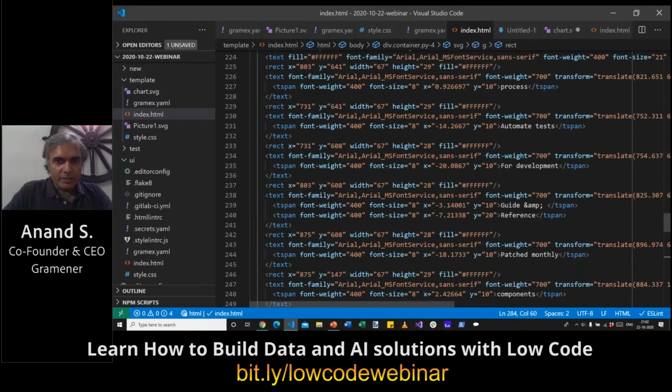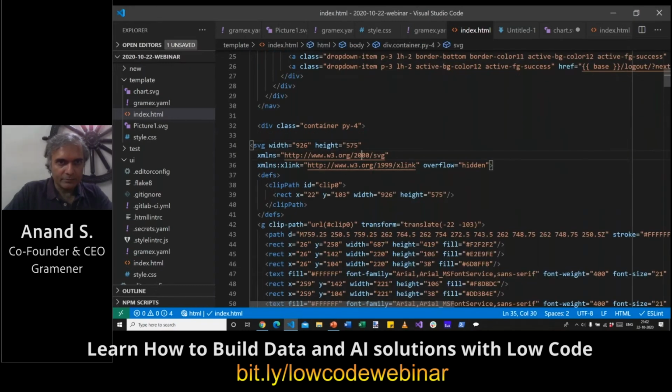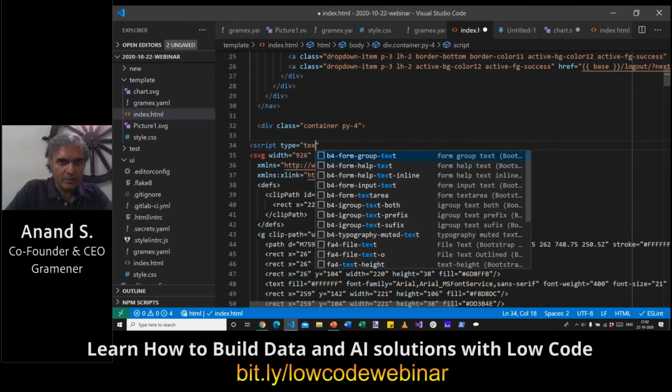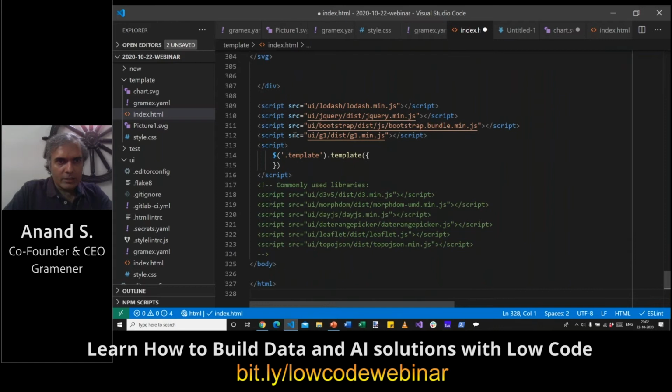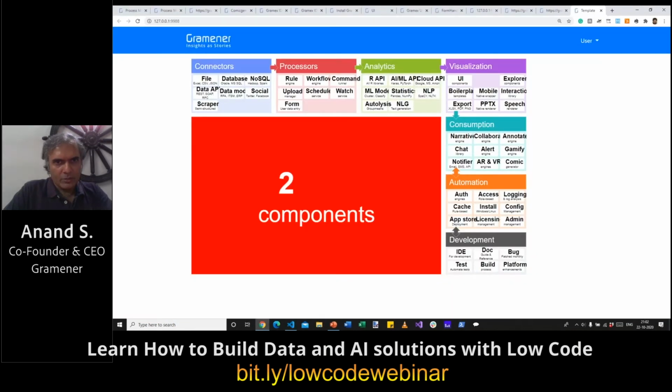What we can do is put in the entire structure, this entire SVG, into a template. And I'm going to do that by putting it into a script, which is of type HTML, and giving it an ID called, let's say, template. This template I am now going to render by saying, and this is a library that Gramex has, take the object called template and render it as a template, which means that actually there's no change. It just took what I gave, converted it into a template, and there's no change.